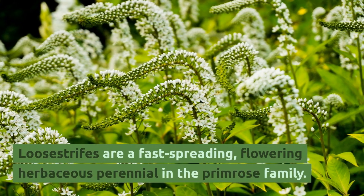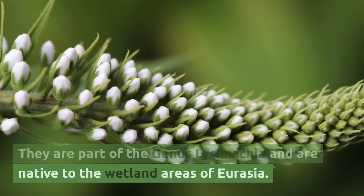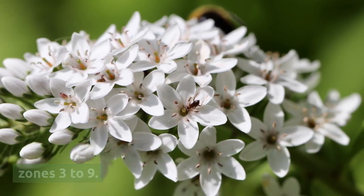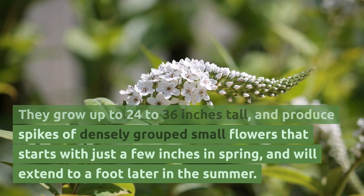Loosestrifes are a fast-spreading, flowering herbaceous perennial in the primrose family. They are part of the genus Lysimachia and are native to the wetland areas of Eurasia. Loosestrifes are very hardy, growing in USDA zones 3 to 9. They grow up to 24 to 36 inches tall, and produce spikes of densely grouped small flowers that start